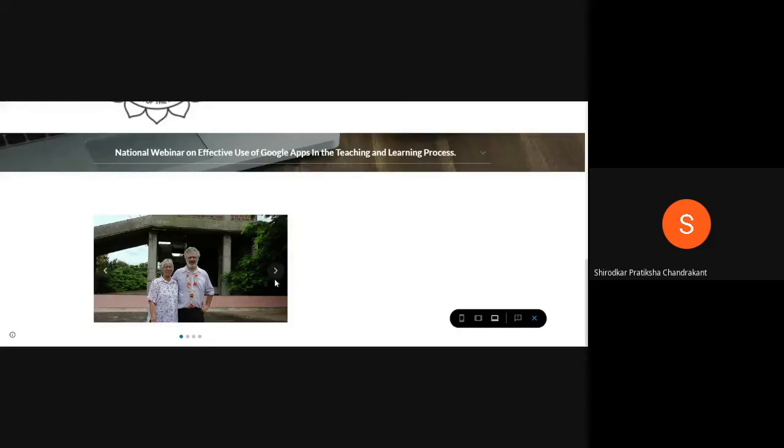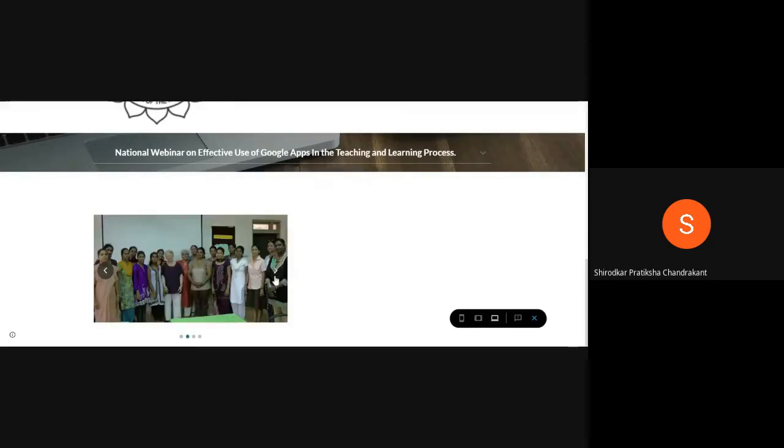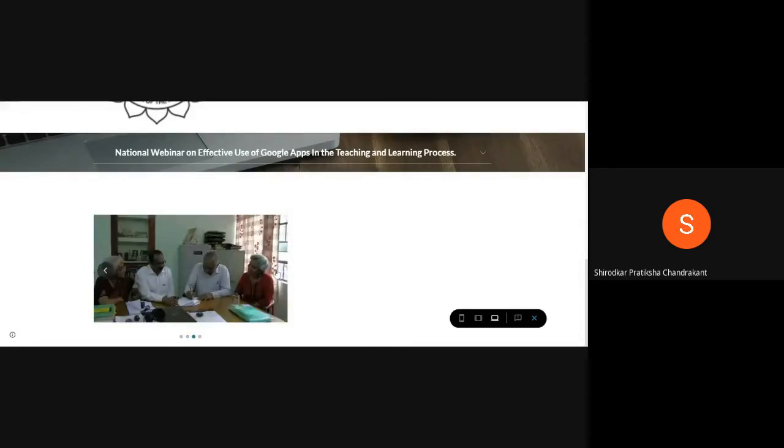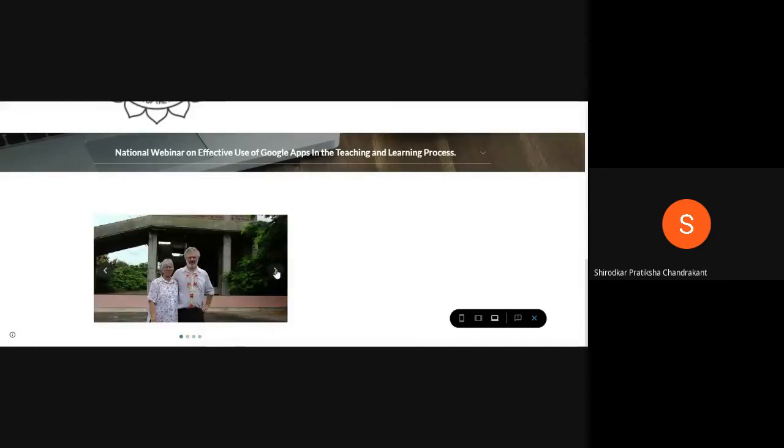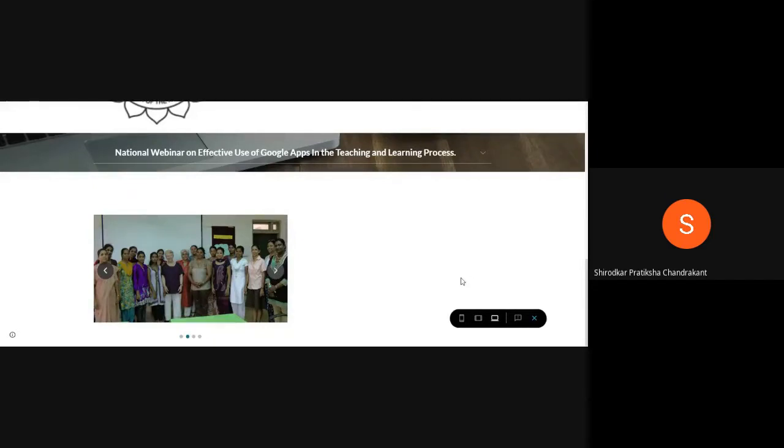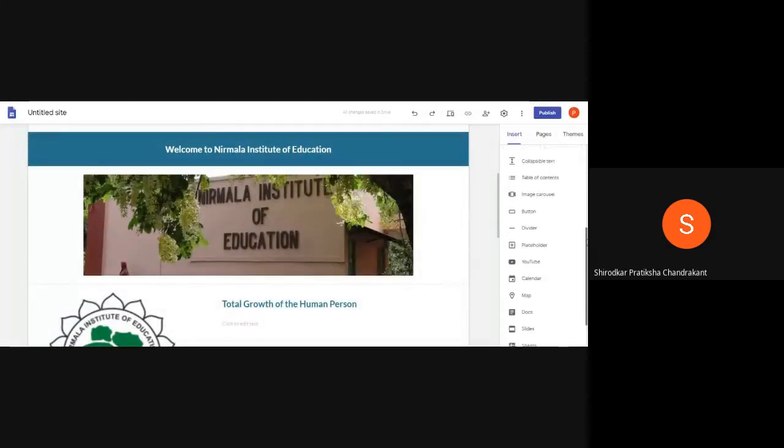An image with two arrows on both the sides. Okay, so they can just click on these options, these arrows on both the sides, and see the images which are loaded. Okay, so this is how it will look like. This is a thing what we did using the image carousel option. I'll just come out of the preview section.